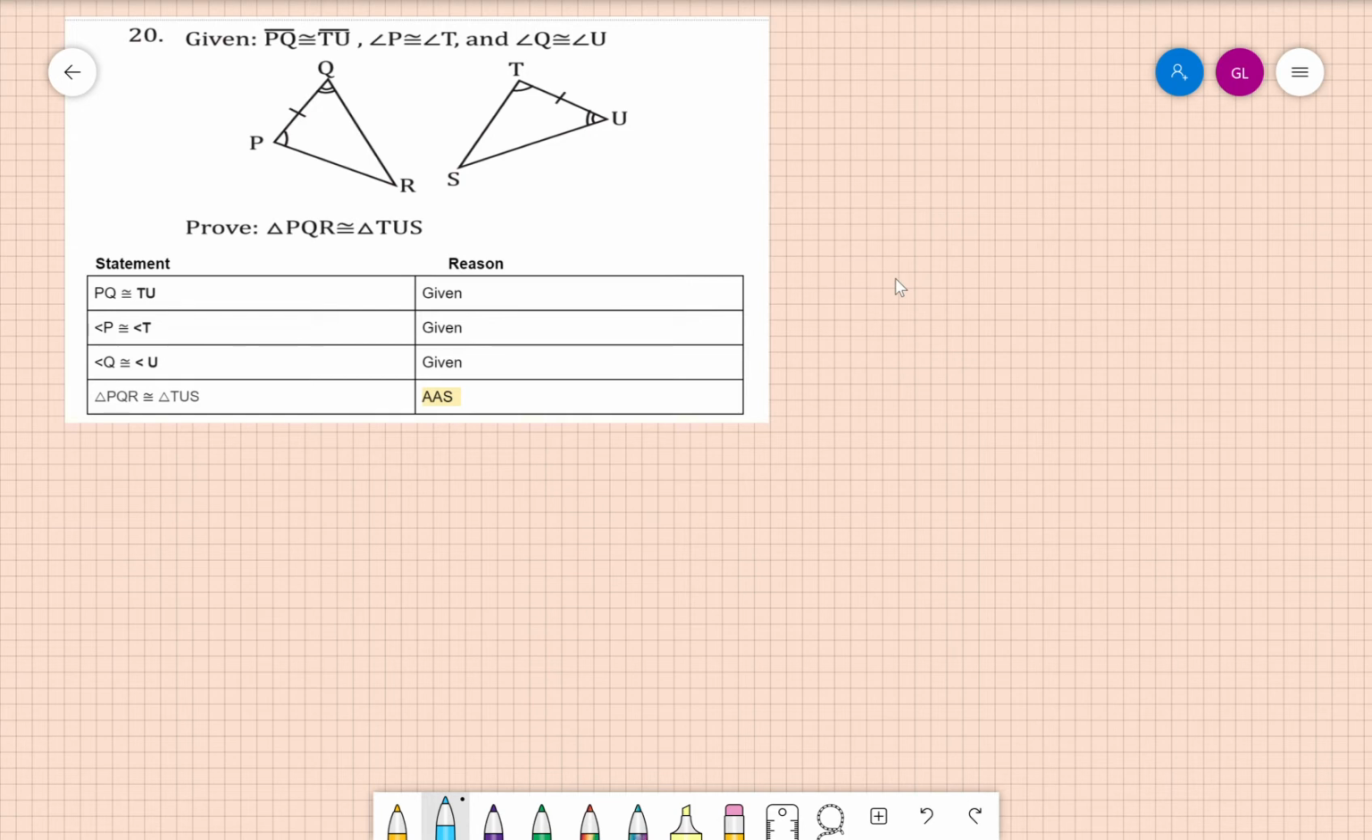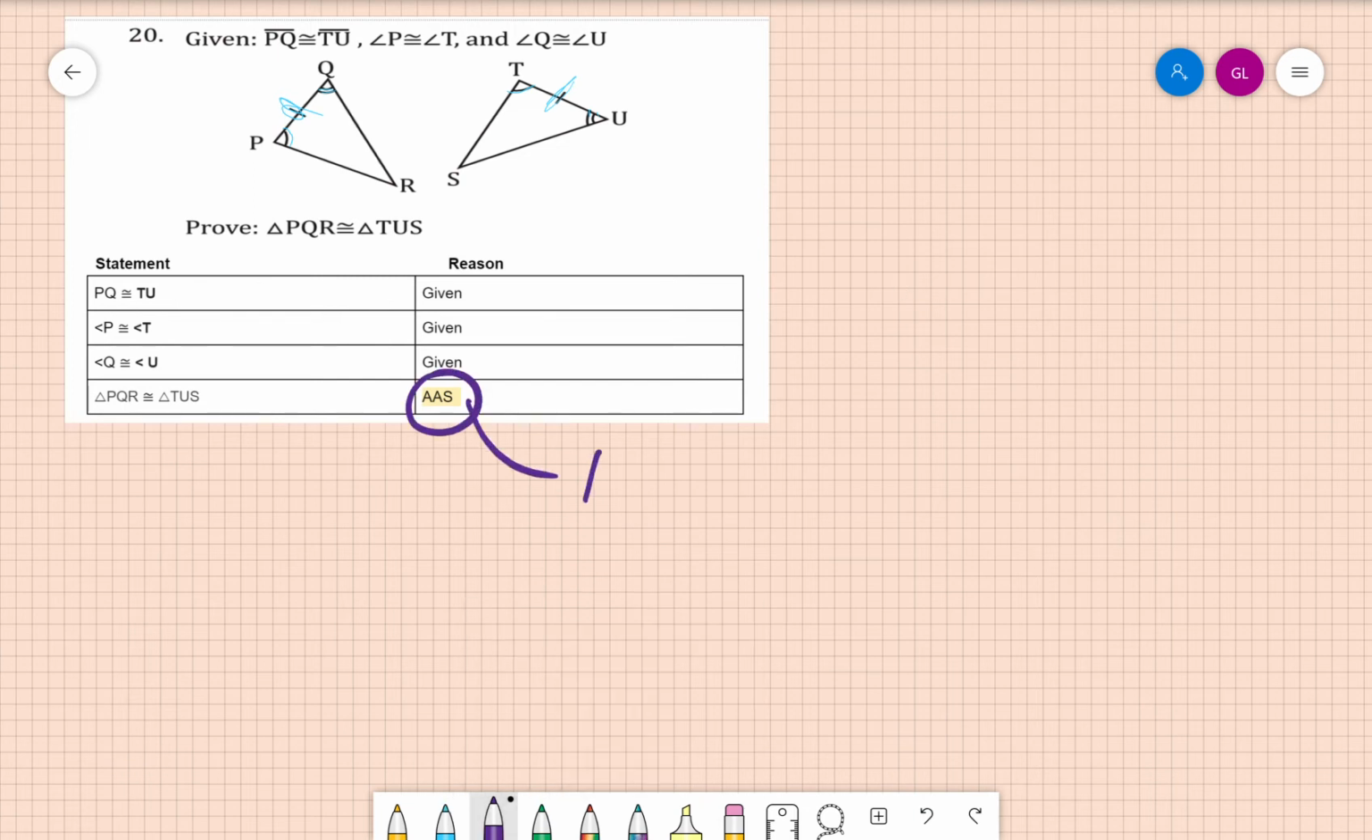First, what's given to us: we have PQ is congruent to TU. That's perfect, that's a segment there. And then we have angle P is congruent to angle T. They have one hash mark, so that makes sense. Then we have angle Q is congruent to angle U, and they both have two hash marks. So everything is laid out perfectly for us. They've given us everything for this triangle, but I'm confused as to why people put